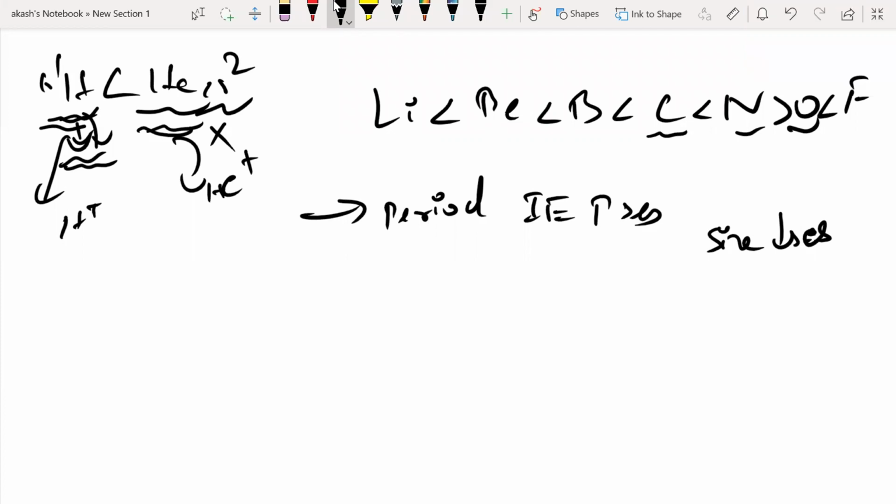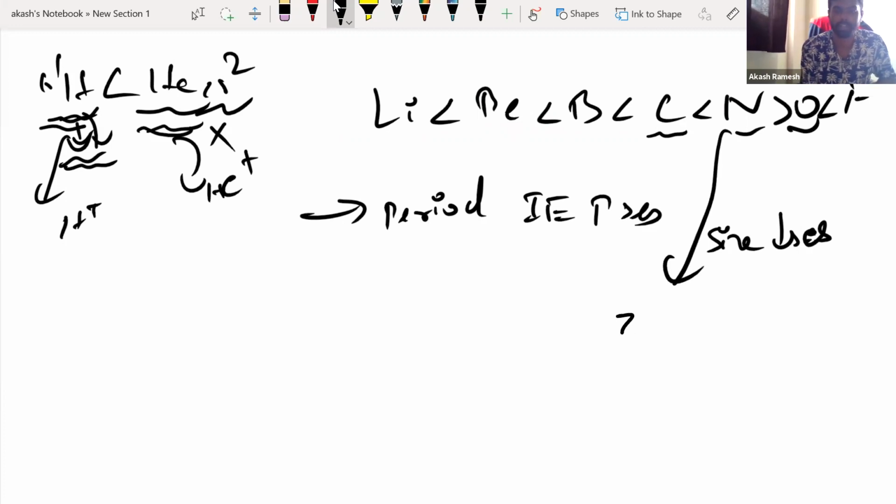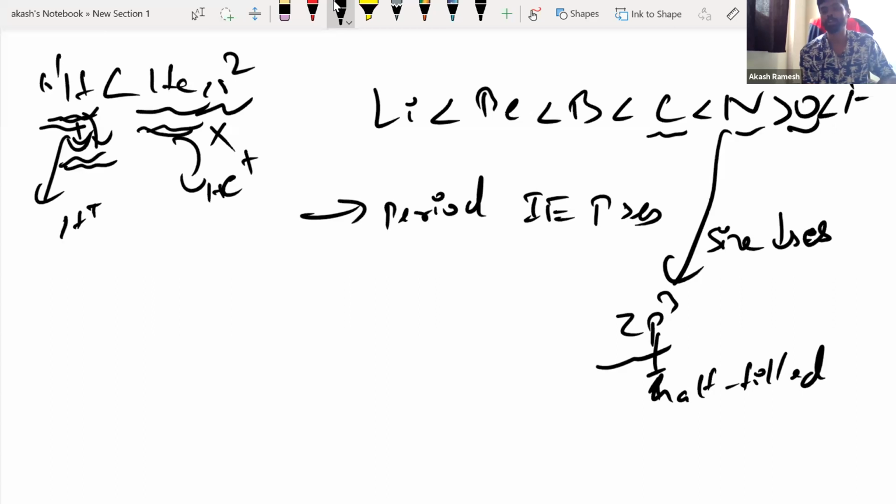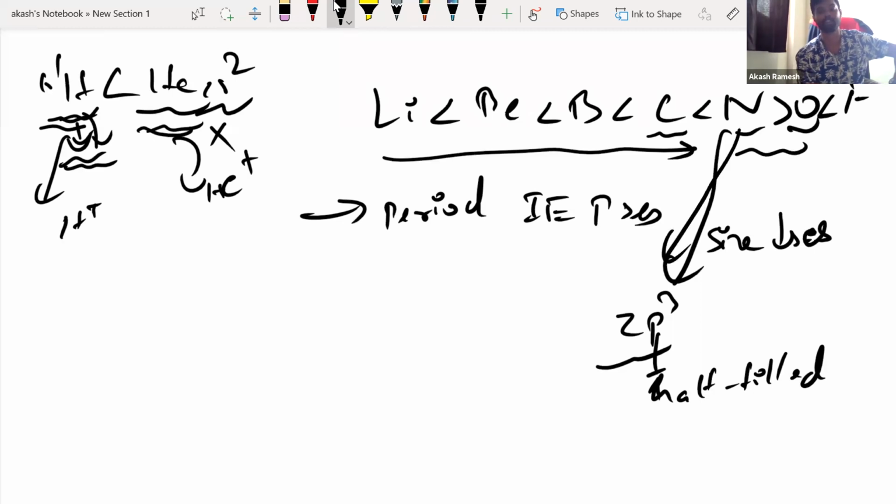Sir, nitrogen has 2p3. Half filled. And oxygen has 2p4. Exactly, half filled stability is the answer I was looking for. So nitrogen is having 2p3 configuration, which is half filled stable. I told you, whenever you have half filled stability or fully filled stability, the ionization energy increases very much. There's a huge jump in the ionization energy. So until this point there is no problem, but between nitrogen and oxygen alone there is a problem, because nitrogen is having a half filled configuration. So oxygen will be having a little lesser ionization energy compared to nitrogen.